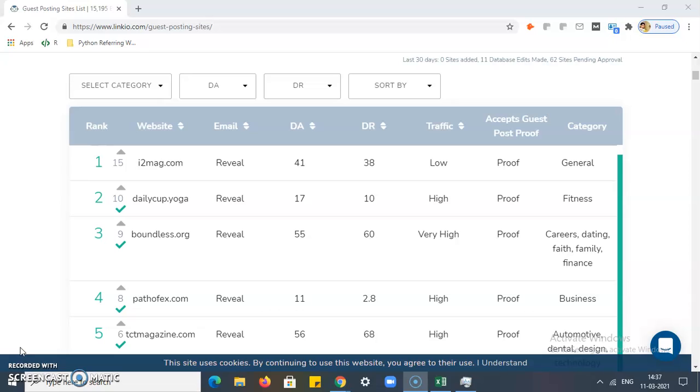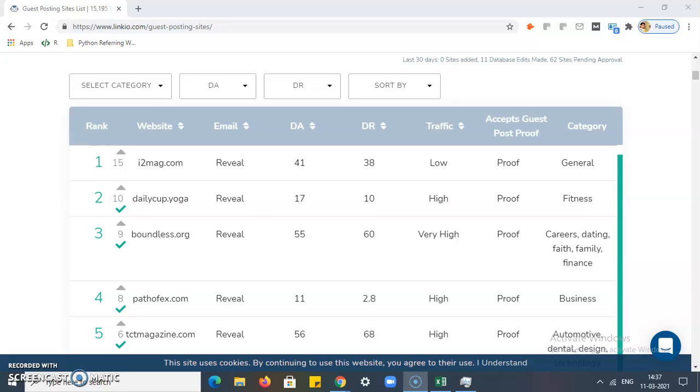Whenever we try to copy some data from any website and paste it into our Excel, that data gets pasted in one column. We don't need that data in one column, we need it in a table or tabular format. So how we can convert that single column into a table, that's what I am going to tell you today.